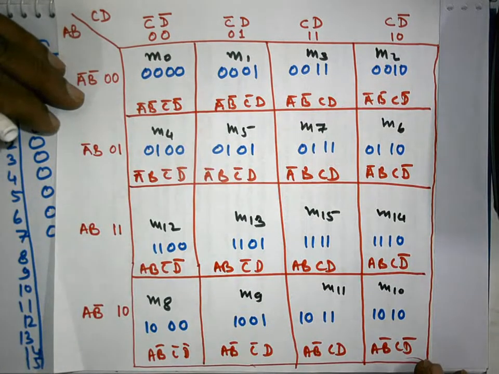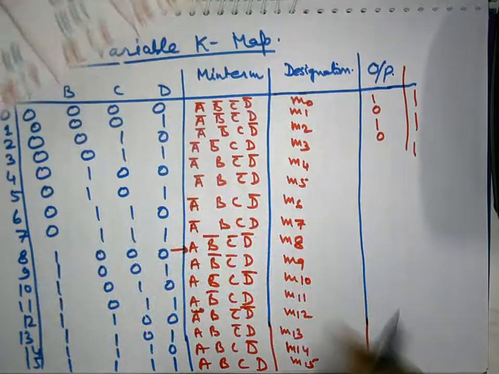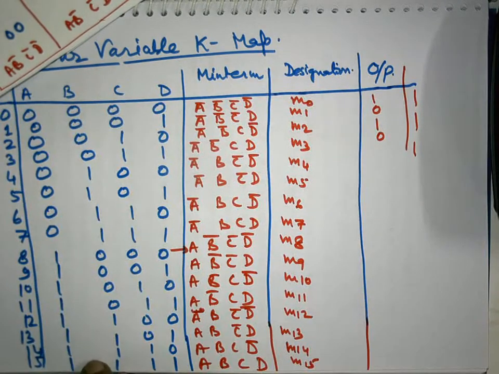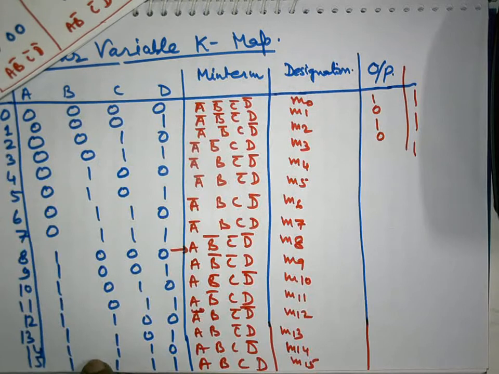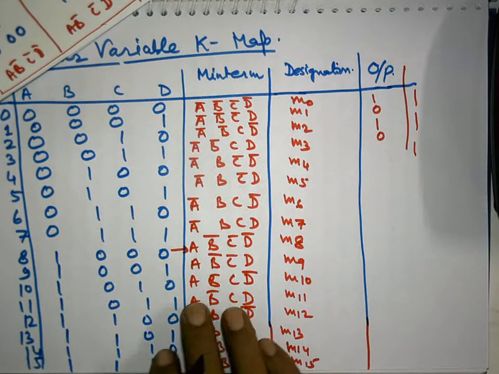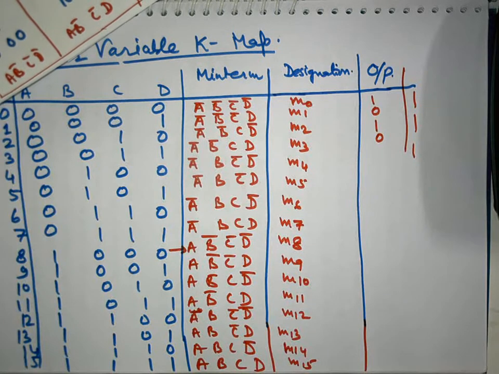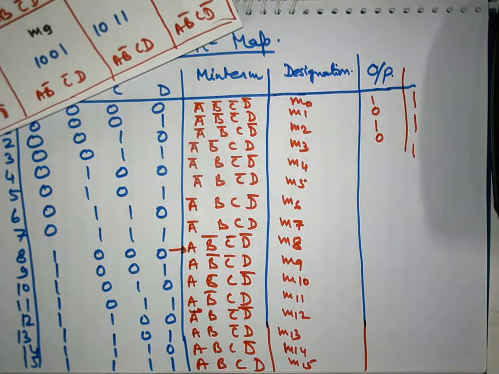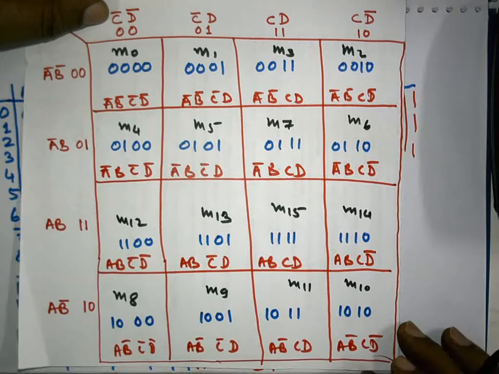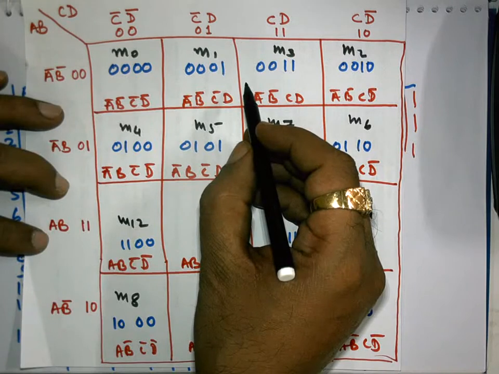Okay, now you observe the beauty of this map. This 4 variable truth table has been translated into the K-map. Each and everything which is occurring in this truth table is mapped. There is a one-to-one relationship between truth table and K-map. Each and everything is mapped into K-map in quite a beautiful way. What is the beauty of mapping the things in K-map? Simply this single variable change while roaming from one cell to other cell.